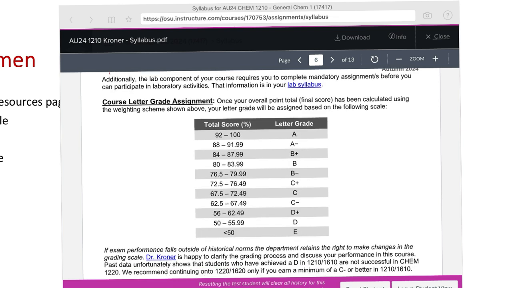92 and up's an A, 88 and up's an A minus, 84 and up's a B plus. Please know that we've already accounted for rounding on this grade scale. And I'm sorry to say that if you get a 91 and a half, it's going to fall in the A minus range. Our cutoff, I believe, and this is historically what we've done, is 0.1%. So if you get a